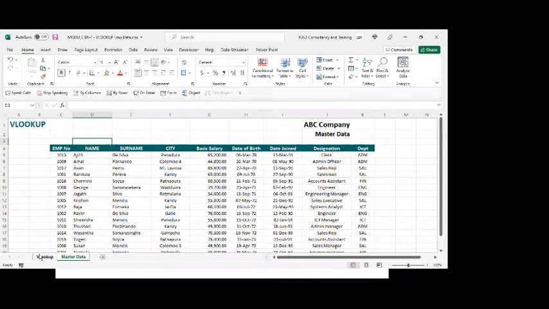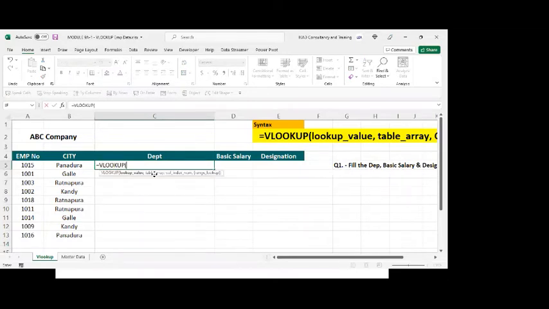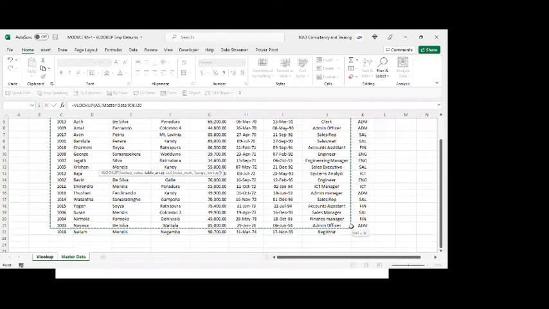Right. The second one, the most common mistake is this. Now let's see. I'm going to get the department equal. VLOOKUP. Lookup value is this. Comma. Table array. You go to the master data. You select the table. You can select from here or here. No problem. You can either select from the heading or this one. Right. So I select the table. Now this is also another mistake I'm going to show you. Comma. What does it ask now?